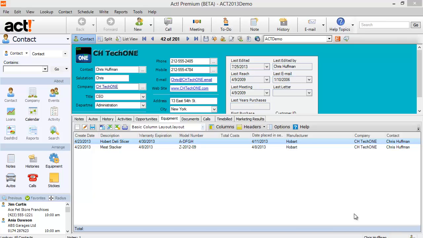Hello, in this video we're going to be showing you how to create a Word document using three levels of information in our merge engine. The levels of information are going to come from the contact, the equipment table, and the service calls attached to the equipment. Right now you see we are on Chris Huffman's record and we have an equipment tab here,